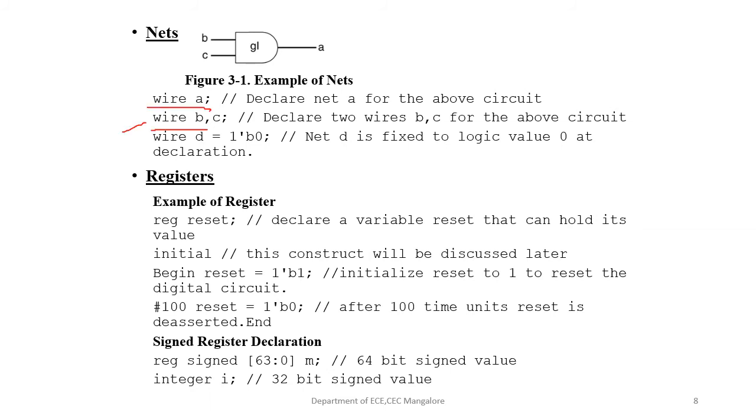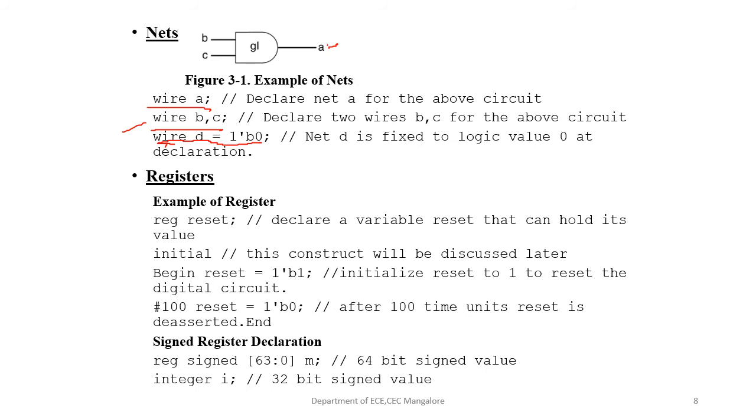This represents a as a physical wire, and b and c are also input physical wires. So this is declared like this, and so wire d, 1'b